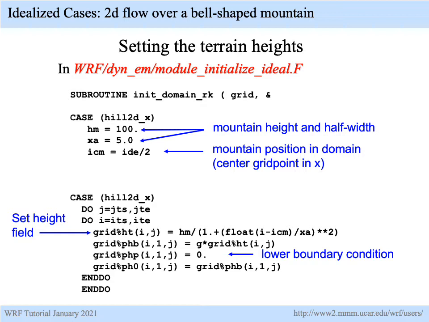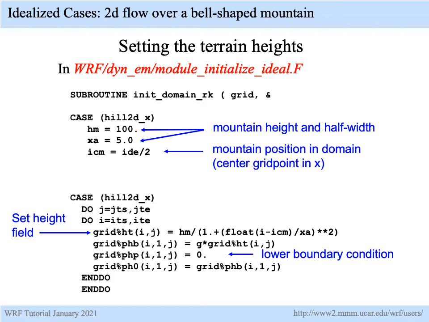As I mentioned earlier, these test cases can serve as a starting off point for other idealized test cases. For example, if you wanted to change the mountain shape in this 2D test case, one could go into the module_initialize_ideal.F and look for the code for the hill2d_x case that sets the terrain. And this is what you'll find in that module. And you can change the mountain shape by changing the formula for the variable ht that you see indicated here, where it sets the height field and then is used to set the lower boundary condition for the geopotential, which is a variable within